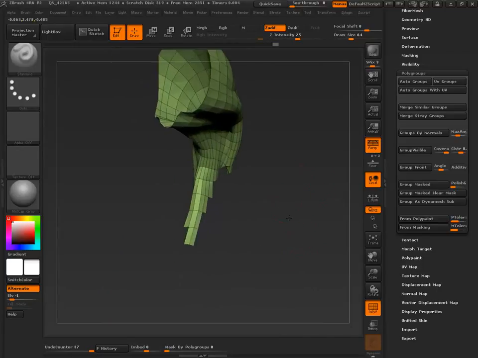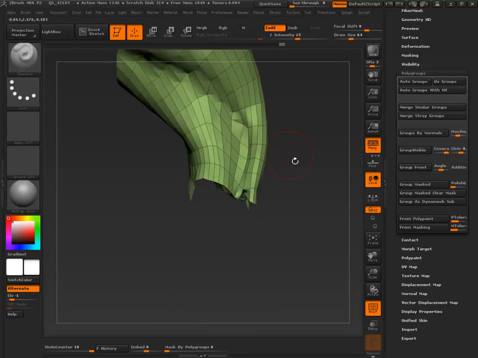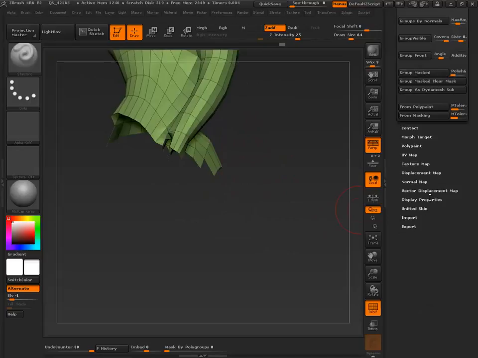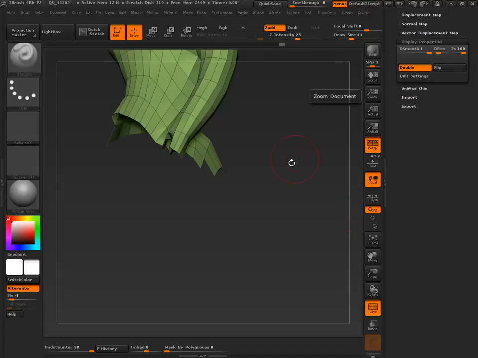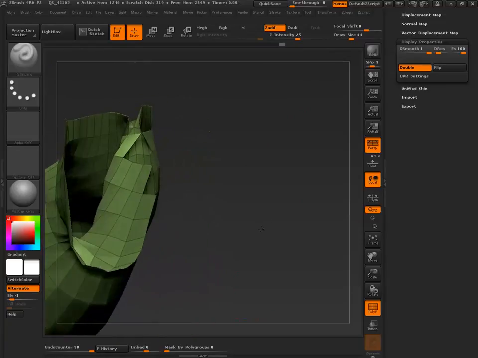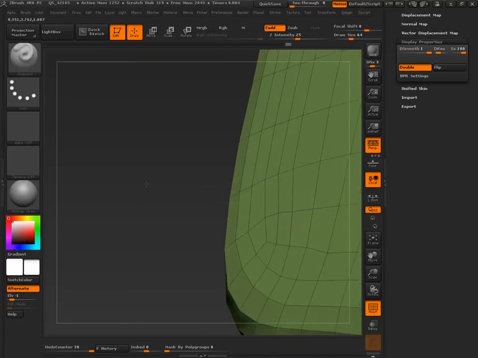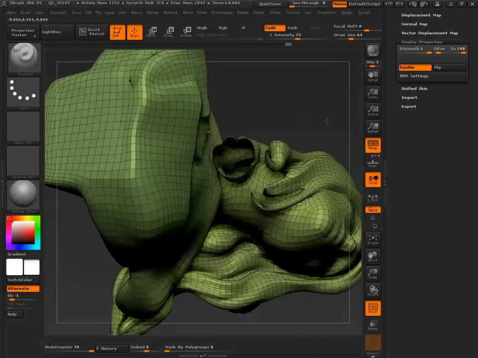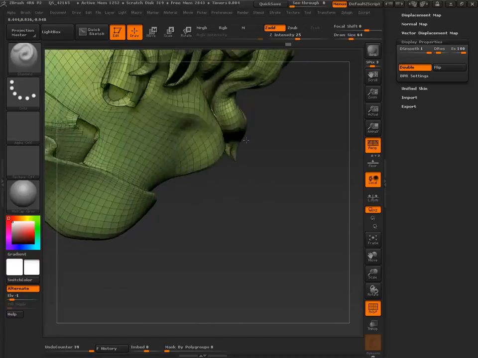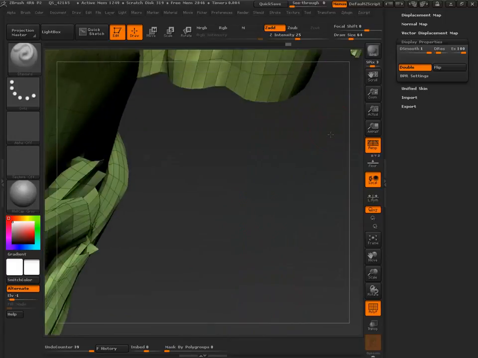Try to keep this nice and clean. And I'm going to turn double on. Double is on. Then I just need... it's tough to get a look at this one.